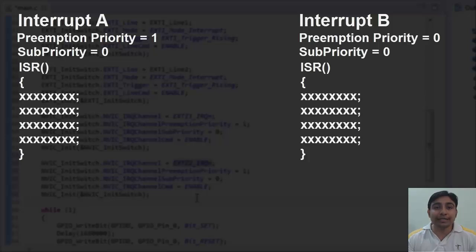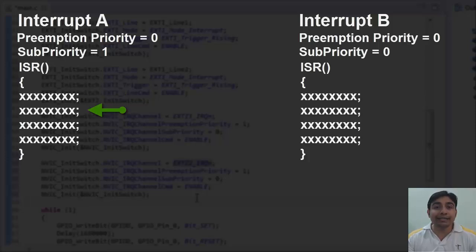Now let's suppose interrupt A has sub priority 1 and interrupt B has sub priority 0 and they both have preemption priority 0. Now let's say that interrupt A has occurred and hence its ISR started executing.